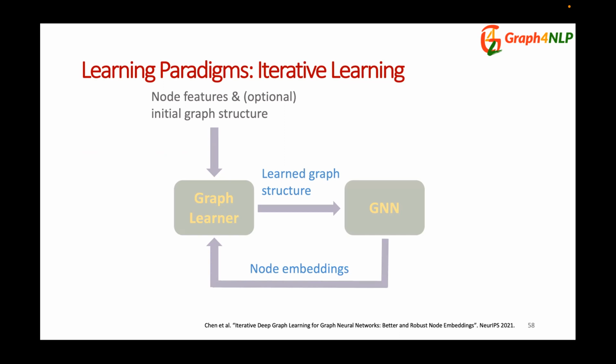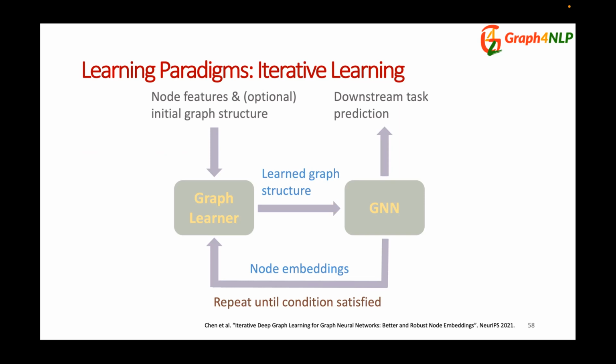As a result, this iterative learning paradigm repeatedly refines the graph structure and the graph representations toward the optimal downstream task performance. Various stopping criteria can be applied for this iterative learning process. For example, we can stop the iterative process when the difference between the learned adjacency matrix in consecutive iterations